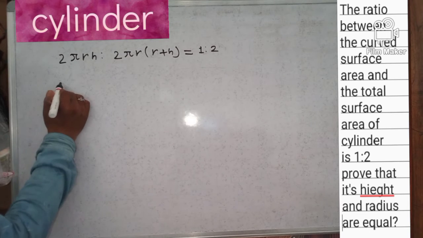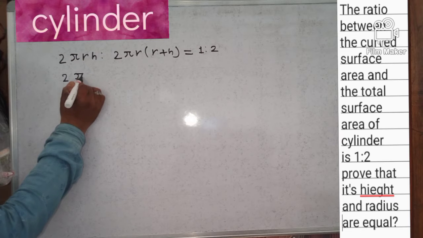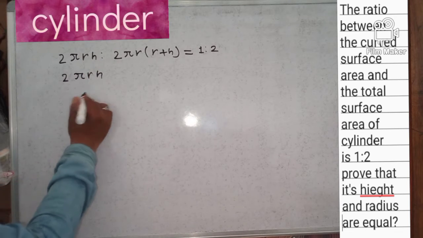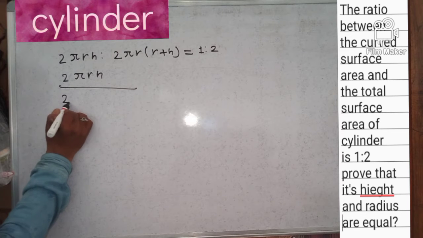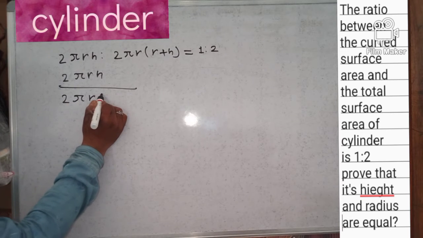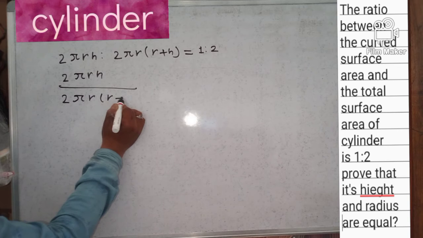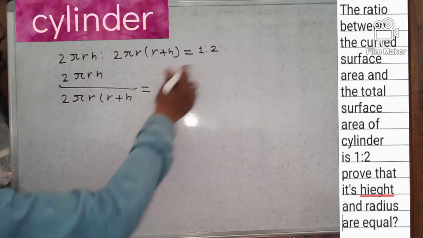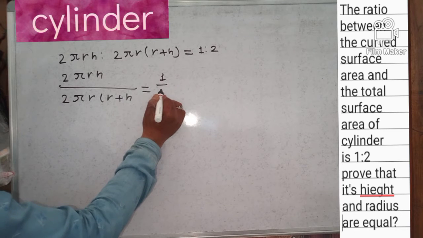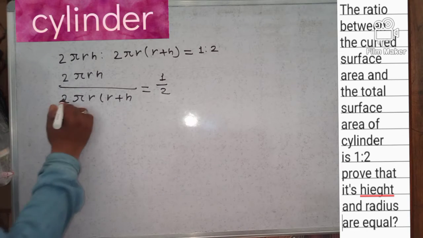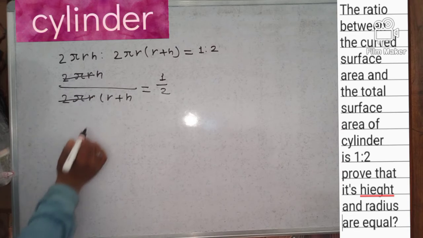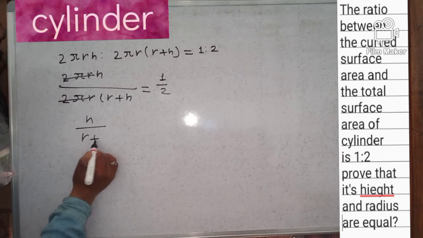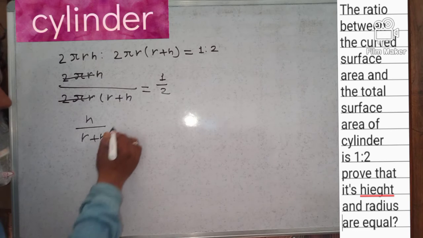So now 2 pi r h, ratio means divide, so 2 pi r h over 2 pi r into r plus h is equal to 1/2. So 2 pi r and 2 pi r cancel. So h by r plus h is equal to